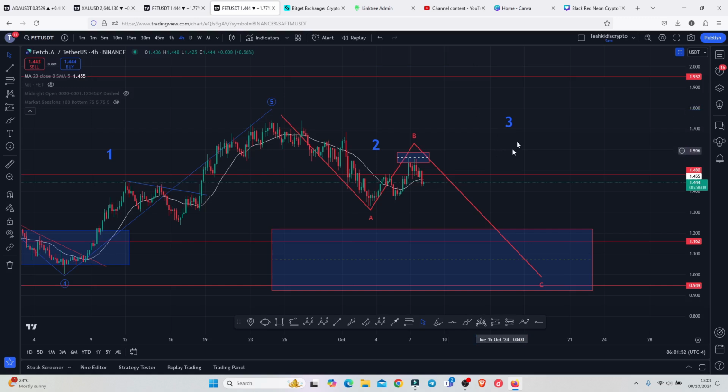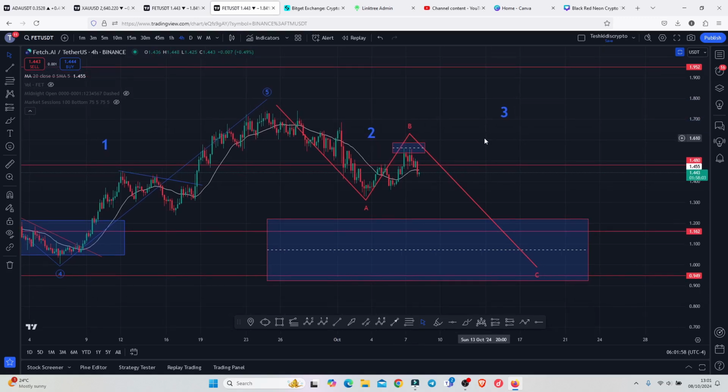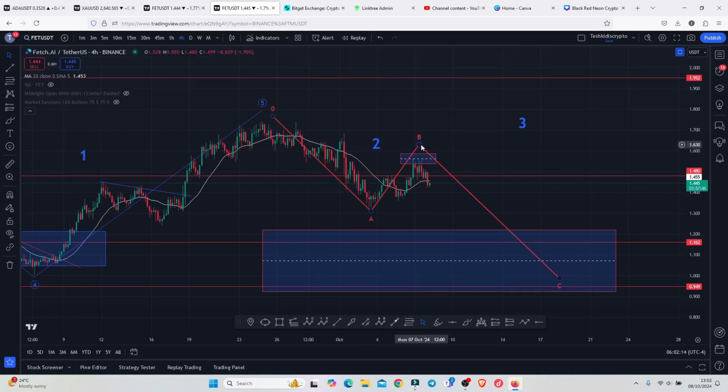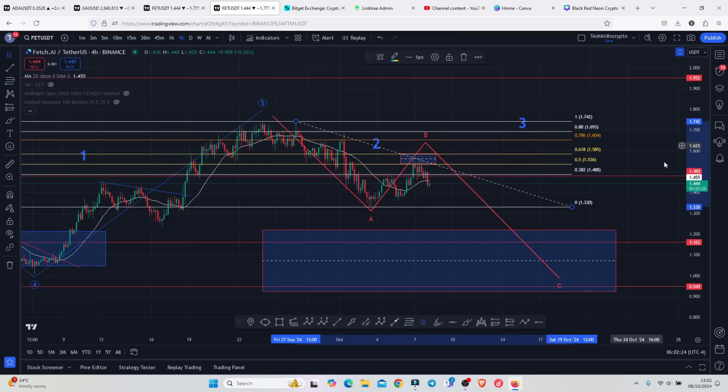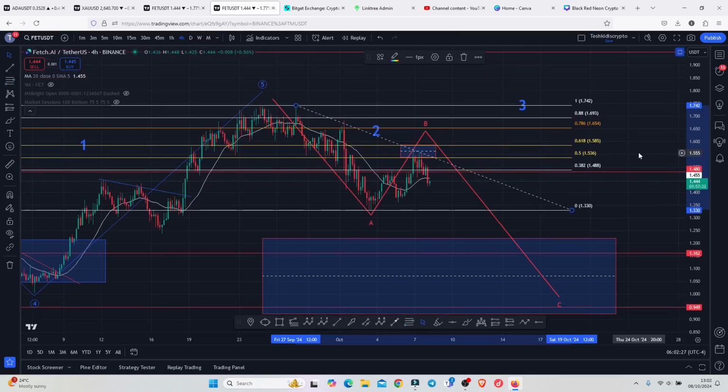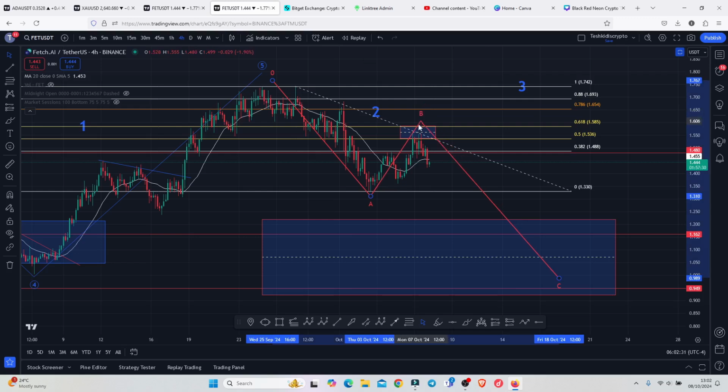The alternative scenario is that we are yet to see a low in this Elliott wave count 2, and that means that we are going to see one more new low within this target area that I have marked here on the charts. And within that corrective structure, I believe that we have now seen the low for this wave A, and what is playing out at the moment is a bounce in this wave B into the minimum target areas for that wave B, which can be given by connecting the fibs from that high to this low of this wave A, giving us a minimum bounce for that wave B between the fib level 0.5 and the 0.618,